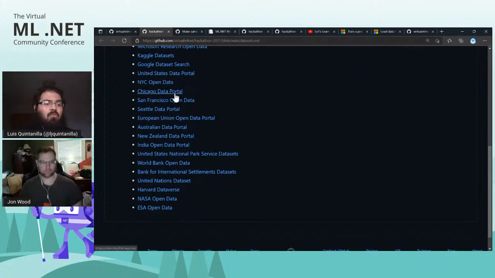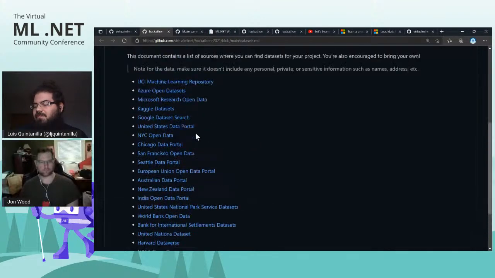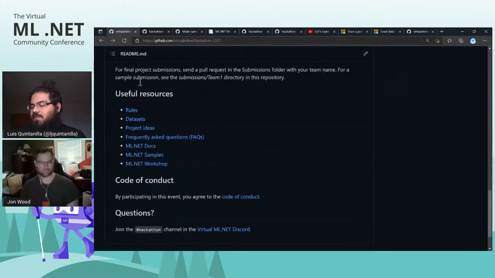And with these open data portals, wherever you may be, a trend that's been happening over the past few years is governments creating these portals for folks to access data, right? And the really nice thing is a lot of those portals have real-time data. So that's something you may want to take a look at as you're diving into this and building it out. For example, if you're in Chicago, you might want to take a look at the Chicago Data Portal. If you're in New Zealand, they have one as well, and Australia. So wherever you may be, chances are your government or some sort of entity has data sets. That's a really good way to get started in terms of data.